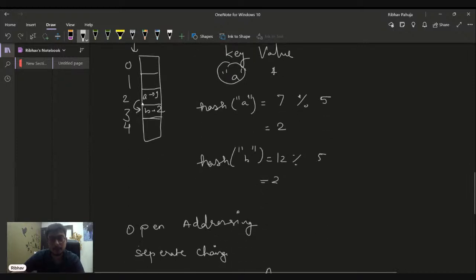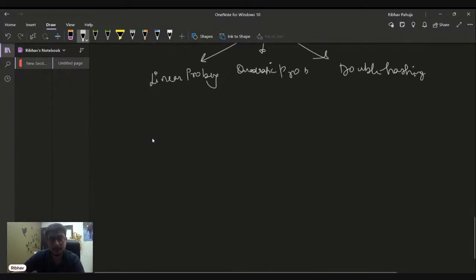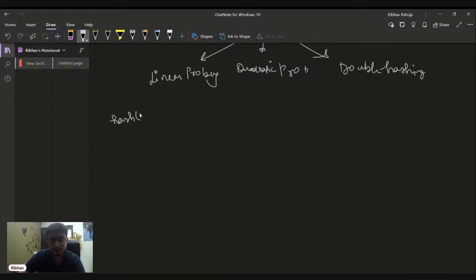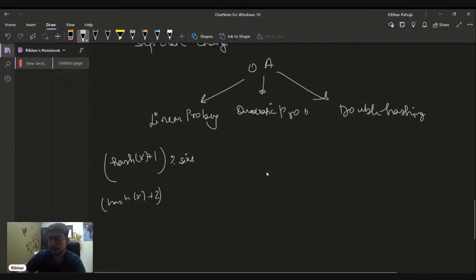To explain linear probing, we check if hash of x plus 1 mod the size is empty or not. In case it is filled, then we check for hash of x plus 2, and so on and so forth. In quadratic probing, we'll check for hash of x plus 1 into 1.